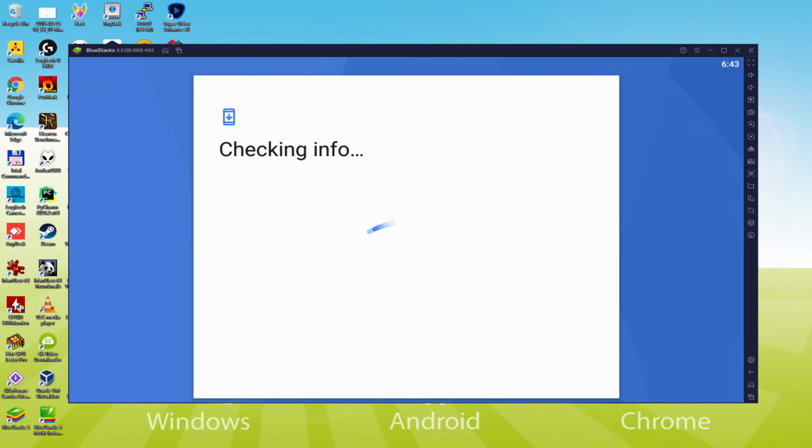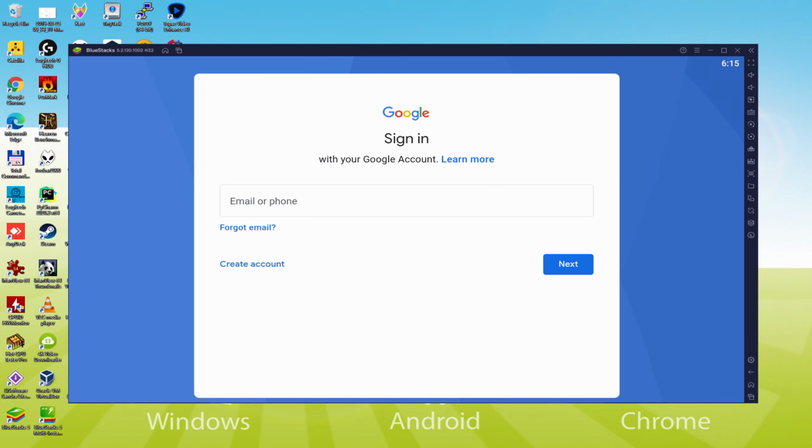It might sometimes get stuck in Checking Info, and fail to move forward. In this case, you could attempt to log in after a few hours and it will usually be fixed. At this time we will type our email and password. The email needs to be a Gmail email as well as its corresponding password. For example, you can use the same email address you're using at this time in your YouTube account.